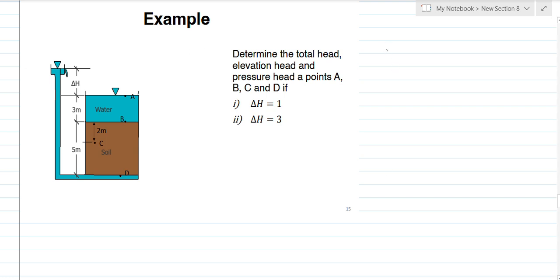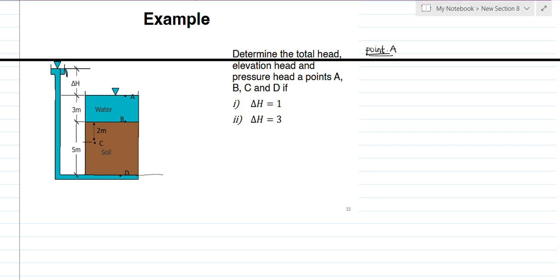Last time, we wanted to solve this question. The question says we should determine the total head, elevation head, and pressure head at points A, B, and C. So we want the total head at each point, right? Let's take point A. To calculate everything necessary for point A, the first thing we are looking for is the total head, right? So assuming this is D2,